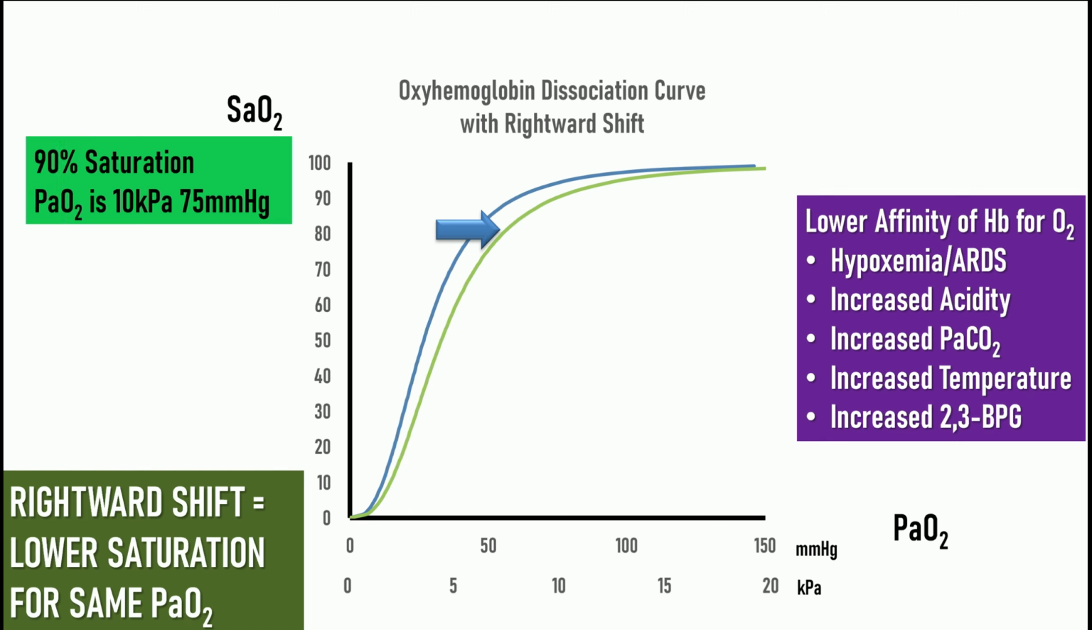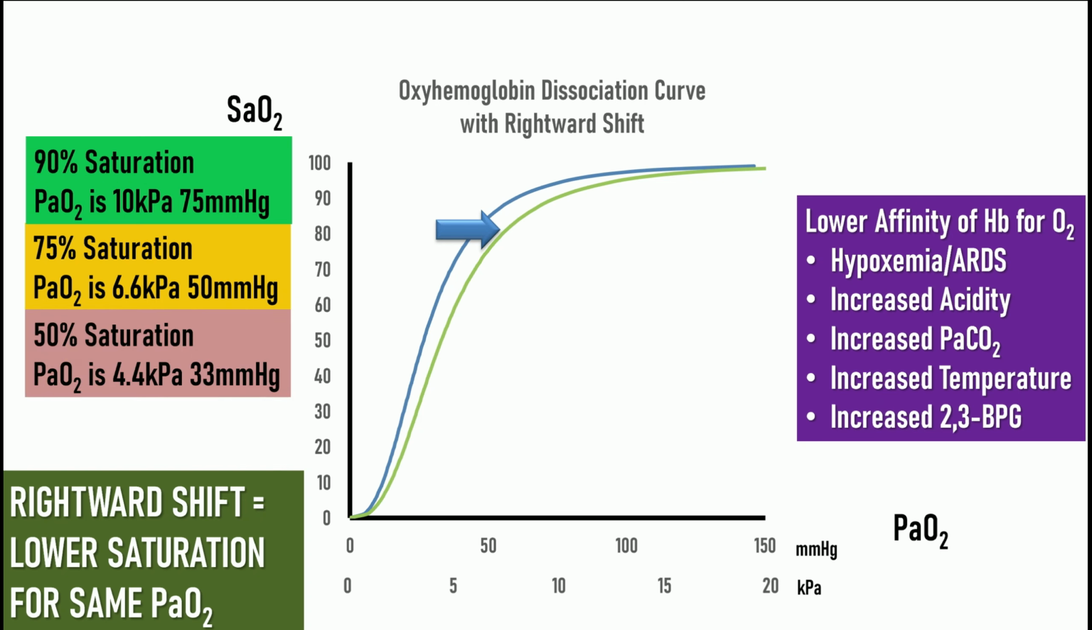So at 90% saturation, the PaO2 will be higher than you would expect, 10 kilopascals or 75 millimeters of mercury. At 75% saturation, the PaO2 will be 6.6 kilopascals or 50 millimeters of mercury. And at 50% saturation, the PaO2 will be 4.4 kilopascals or 33 millimeters of mercury. Conversely,